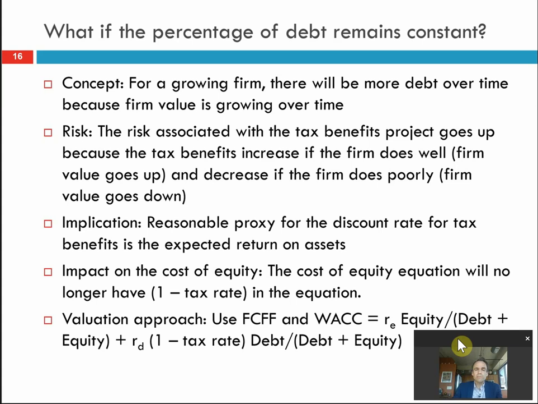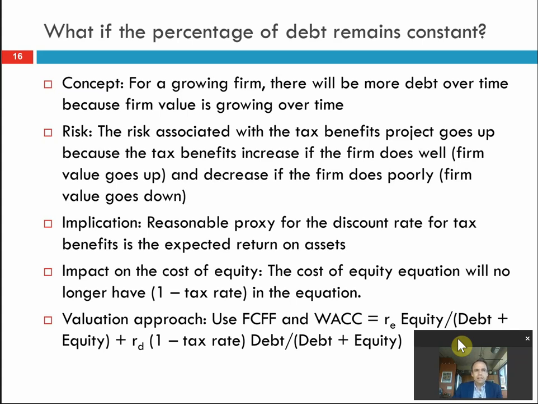We only ended up with that equation, that the value of the levered firm is the value of the unlevered firm plus tax rate times debt, because we assumed that the amount of debt remains constant, and so the interest expense remains constant and the expected tax break on interest remains constant. And then we went on to assume that a fair discount rate for valuing that tax deduction cash flow stream is equal to the cost of debt itself. All those assumptions had to be made for that equation to hold.